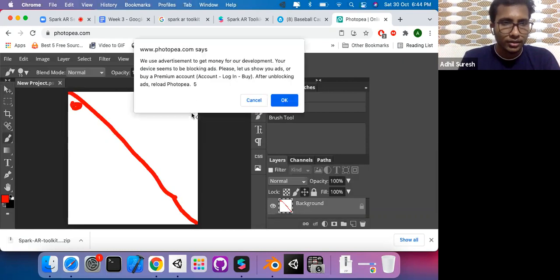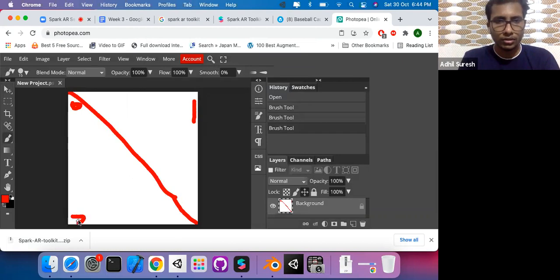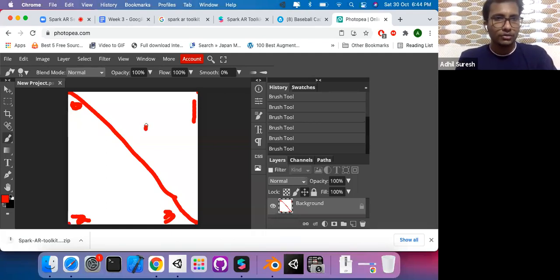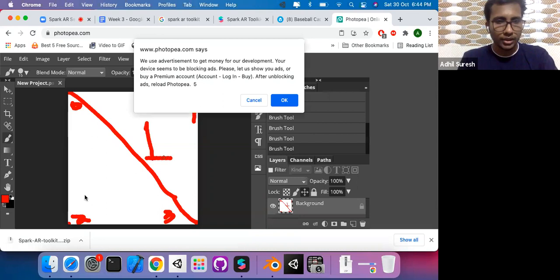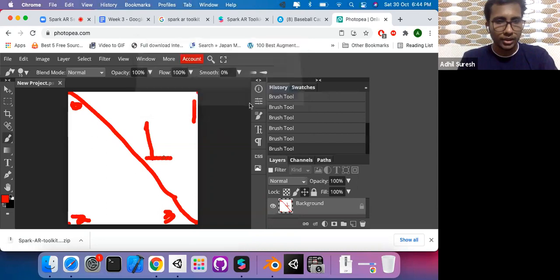Consider this as 0, 1, 2, 3. So these are the 4 points, 0, 1, 2, 3. These are called vertices. So 0, 1, 3 is one triangle, it's one part, and 0, 2, 3